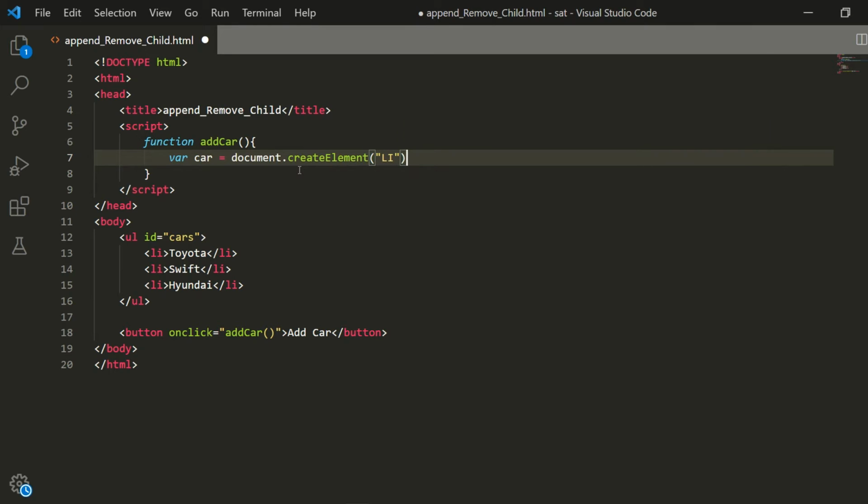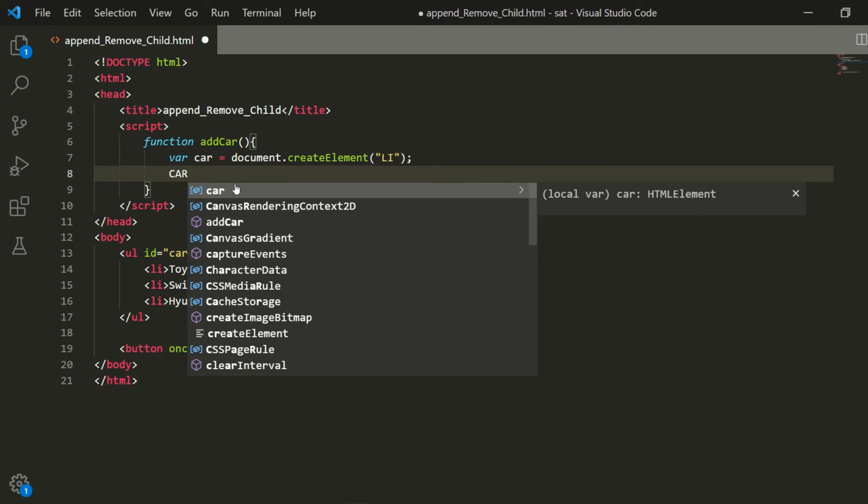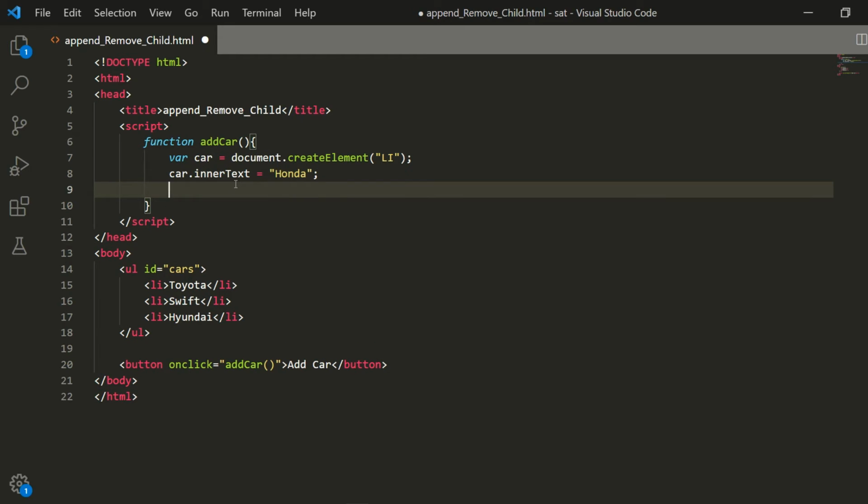Once this is created, I've created a new element which is a list item and I have put that in the variable car. Now I want to add some inner text to it. Let's suppose I am creating a Honda car, that will be a list item. Once this is done, I want to take this list and add this new car, the Honda list item, into cars.